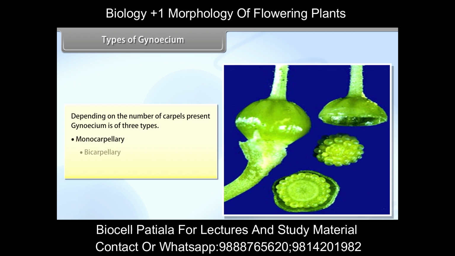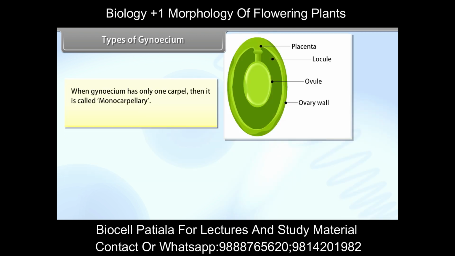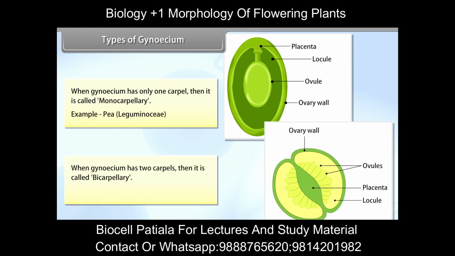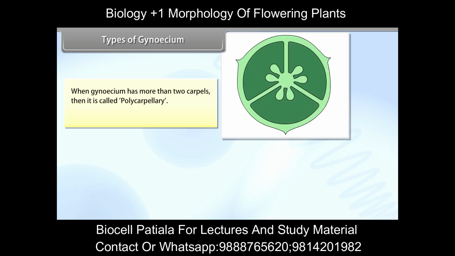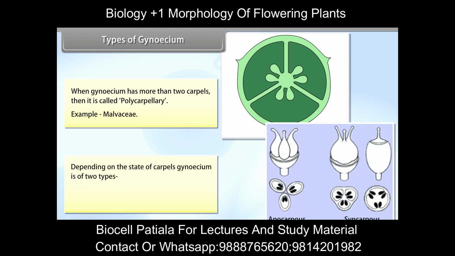monocarpellary, bicarpellary, polycarpellary. When gynoecium has only one carpel, it is called monocarpellary. Example: pea, Leguminosae. When gynoecium has two carpels, it is called bicarpellary. Example: Solanaceae, Cruciferae. When gynoecium has more than two carpels, it is called polycarpellary. Example: Malvaceae. Depending on the state of carpels, gynoecium is of two types: